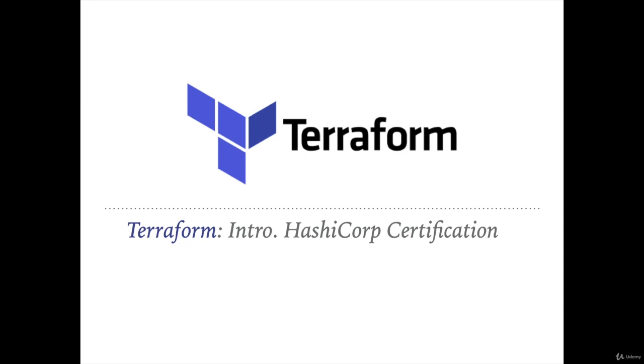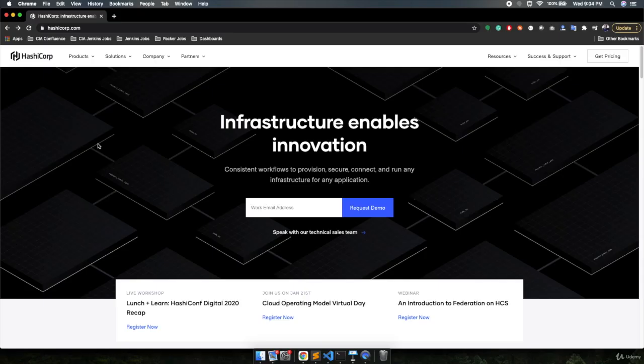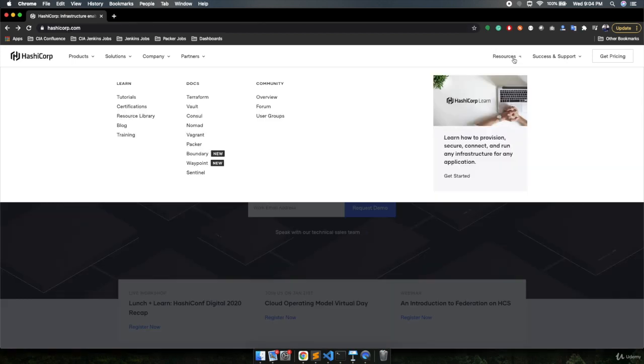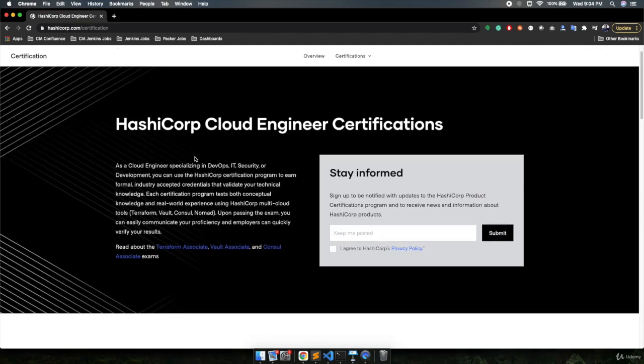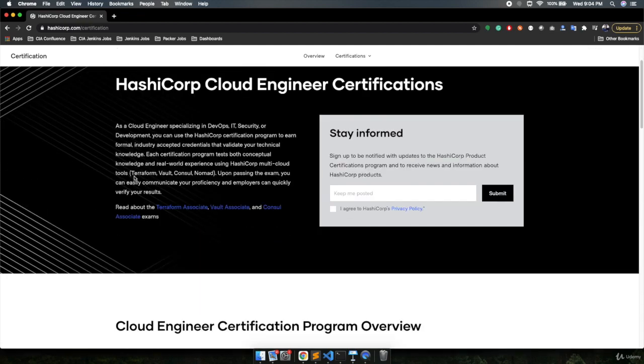To go through the certification material, we will go to the HashiCorp official website. So here we are on the HashiCorp official website, hashicorp.com. Here, click on Resources and you will get a Certification section. Click this certification. Here we are getting the complete information about the certification which HashiCorp provides. We are learning about Terraform, so we will go with the Terraform Associate certification. We will click this link